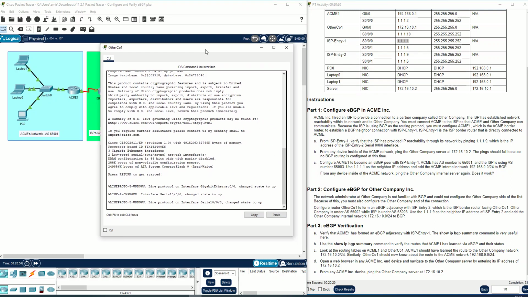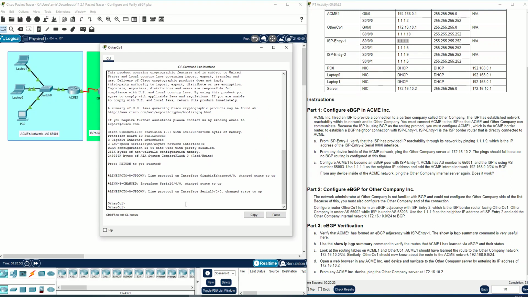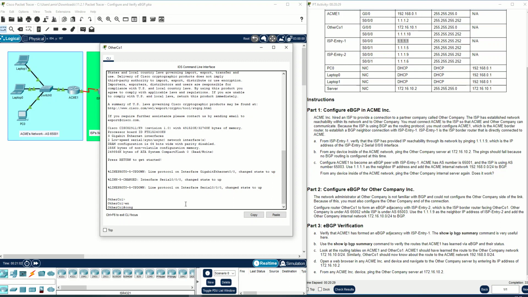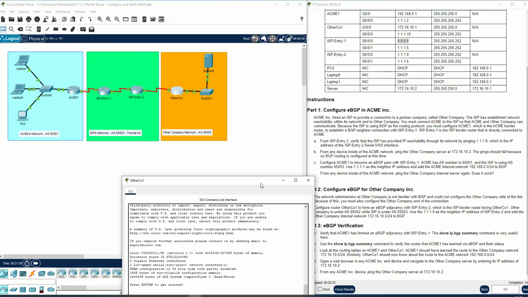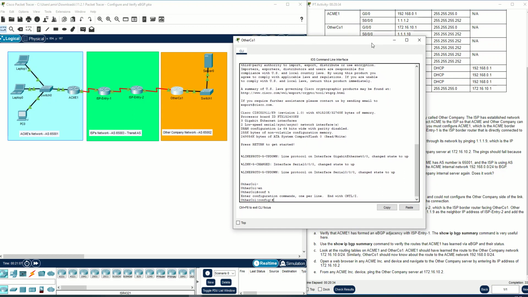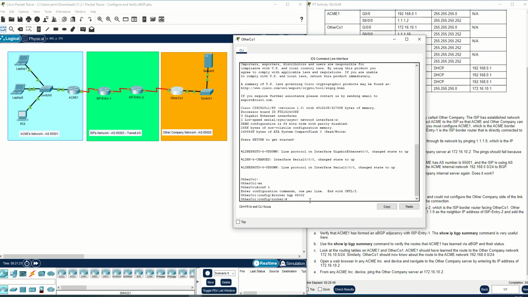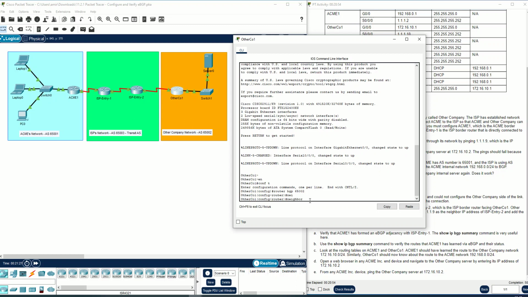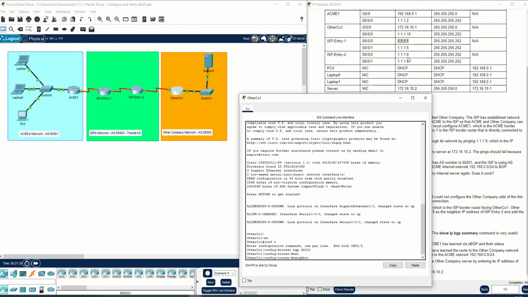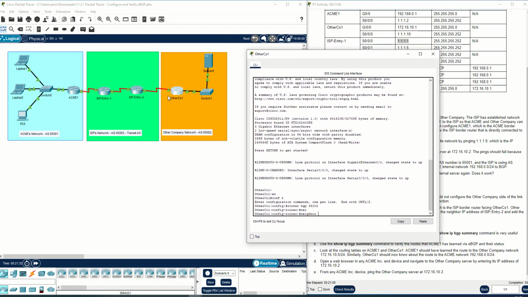And we can go to entry here, other CO1. Enable, configure terminal, and like the other configuration that we have configured here, you can write router BGP, AS number is 65002. And what is my neighbor? My neighbor IP address is 1.1.1.9. I mean